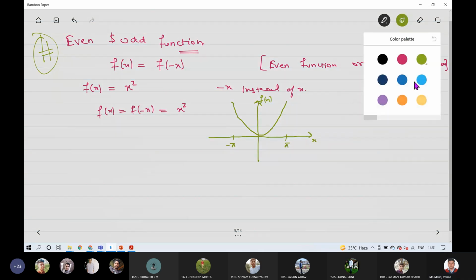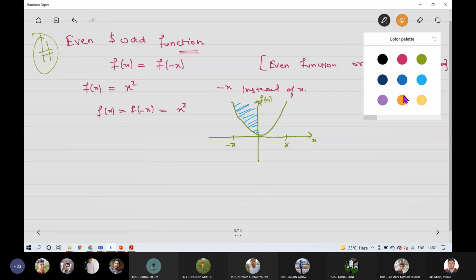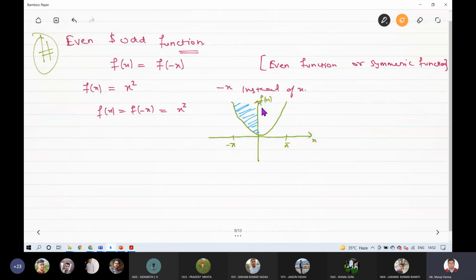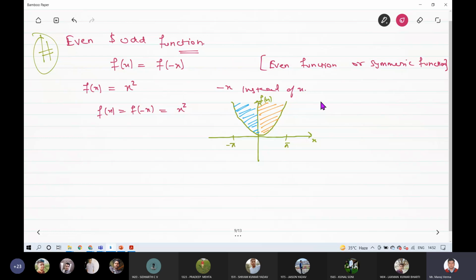See, this area under the curve will be equal to this area under the curve. This blue shaded region will have the same area as this orange shaded region. Okay, so what I can write is,